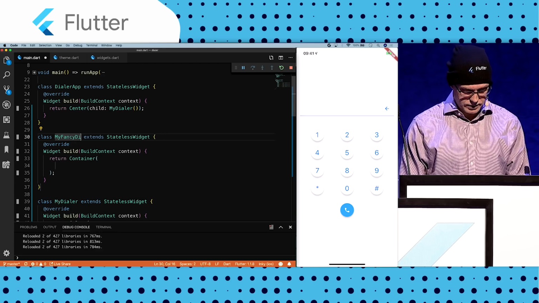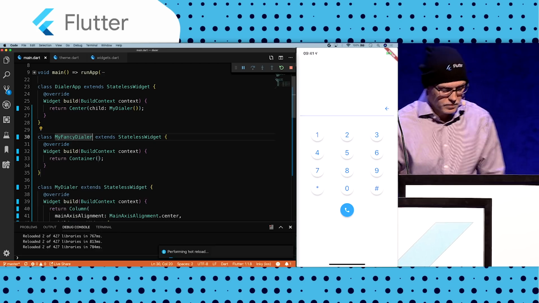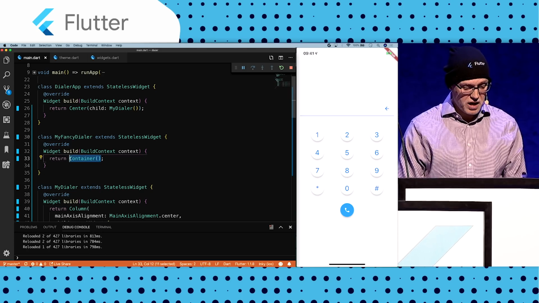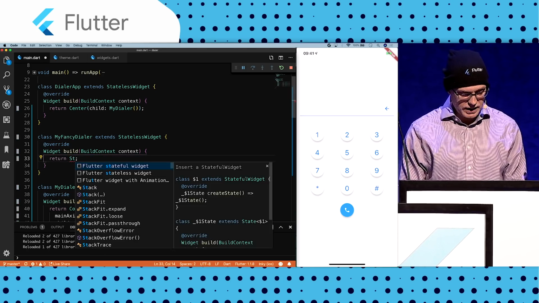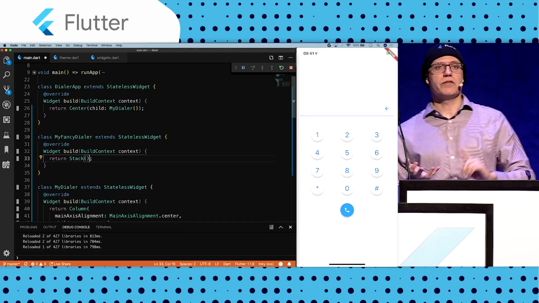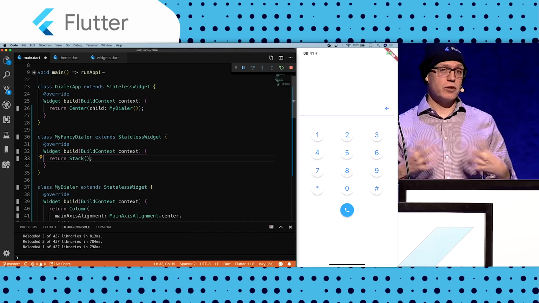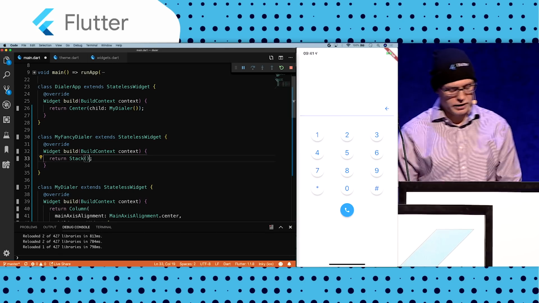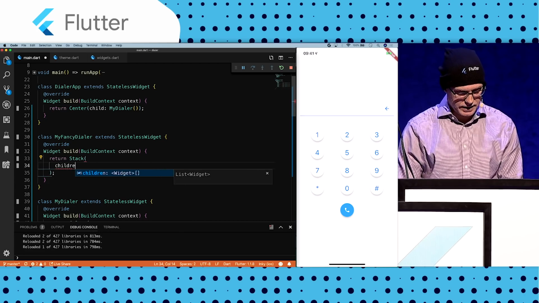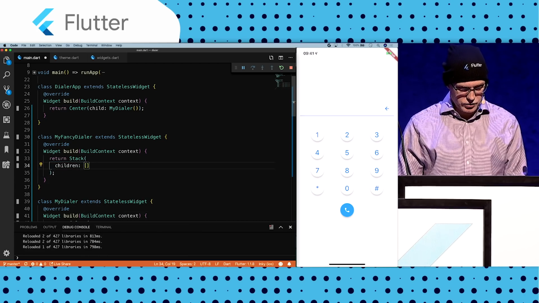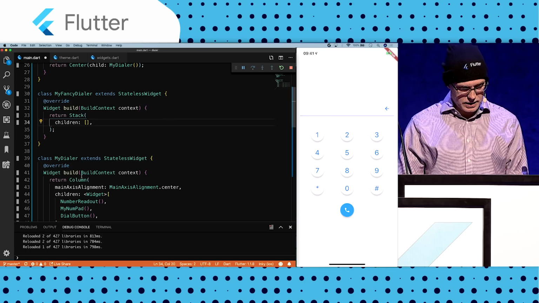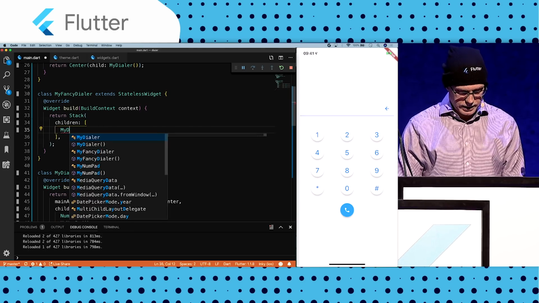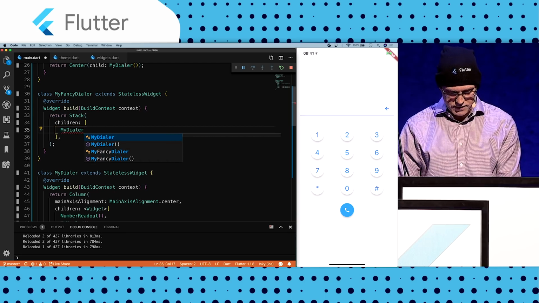And I can't spell dialer. That's fine. Okay, so let's start with, I want to show something in the background. So I'm going to create a stack. You've seen row, you've seen column, you've seen table. Stack is another way of laying out, except you stack things on top of one another rather than horizontally or vertically. The stack is going to take some children, which is going to be a list. And to begin with, I am just going to drop in my dialer, which I just wrote five minutes ago,